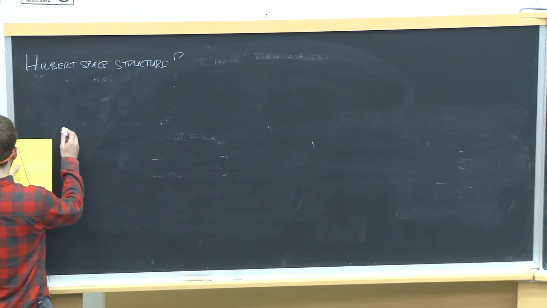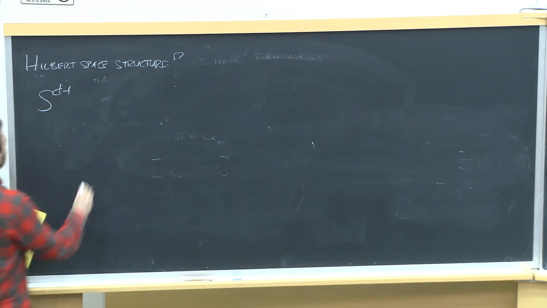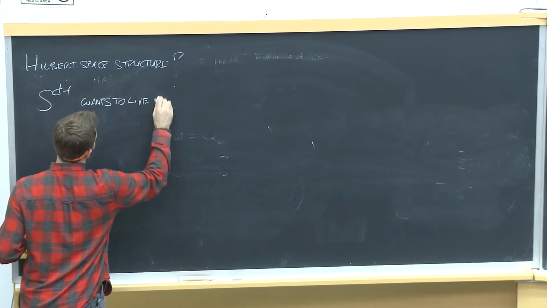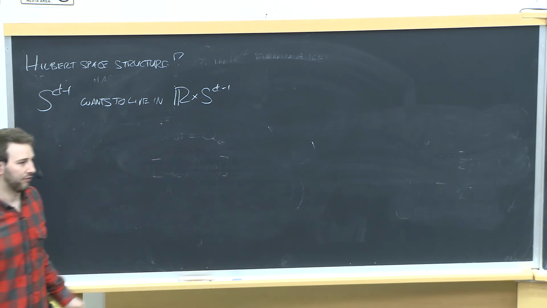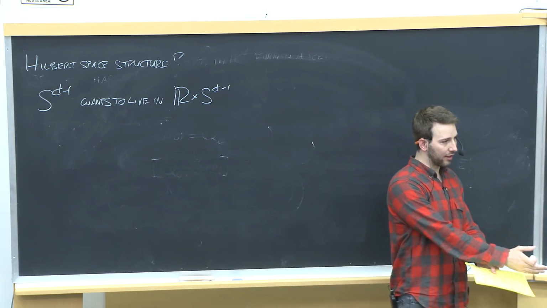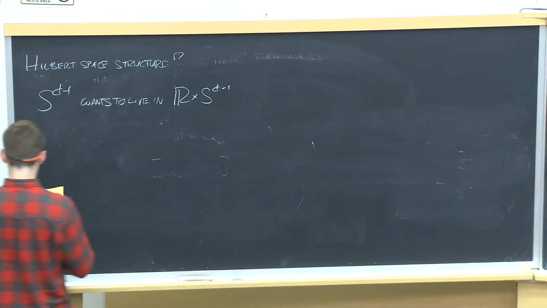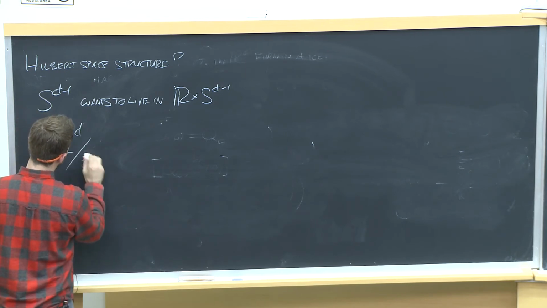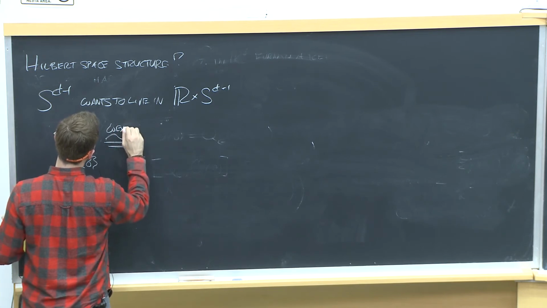And the best way to do it is to notice that this S^(D-1) sphere, where this Hilbert space is supposed to live, in a Lorentzian context, wants to live in the space R times S^(D-1). Right? If you wanted a Lorentzian theory that somehow naturally gave you a Hilbert space that lived on a given slice, you want your Lorentzian theory to live on time times that slice. And then the key is that R^D minus the origin is